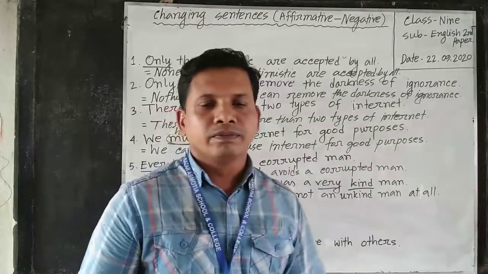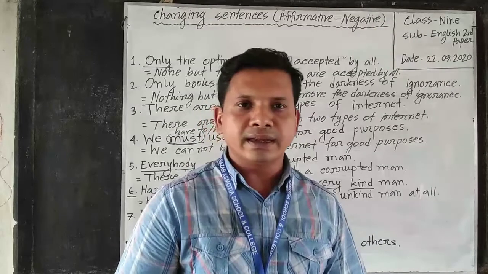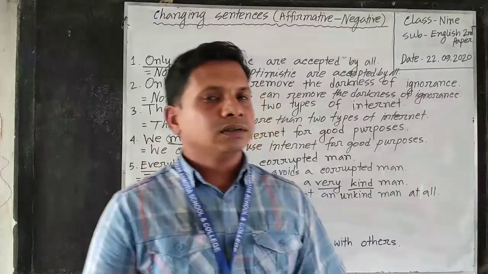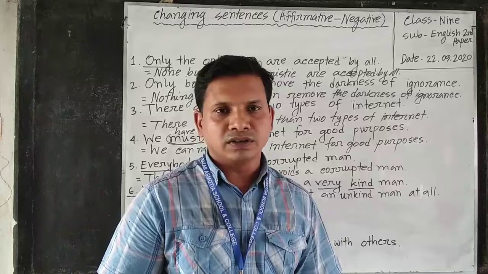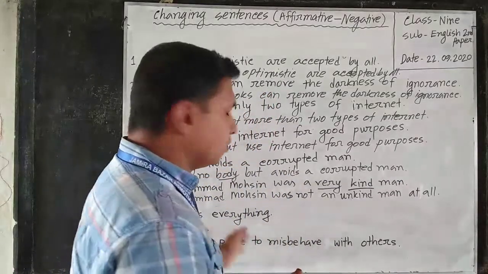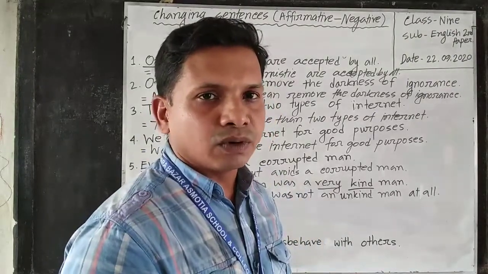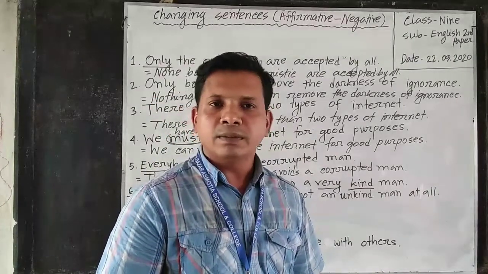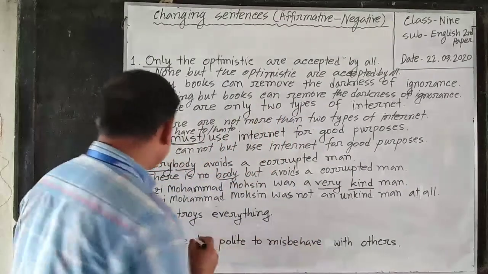So, to change this sentence into negative, we will use do as auxiliary verb. And we have to change this sentence into negative. So, after this auxiliary verb do, we have to use not. So the answer will be